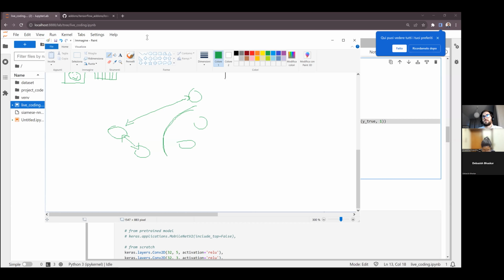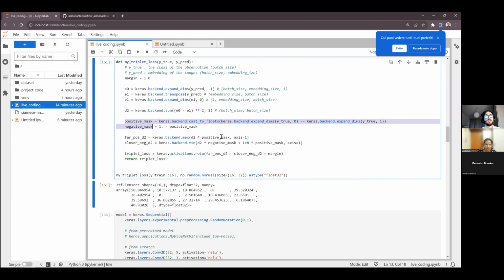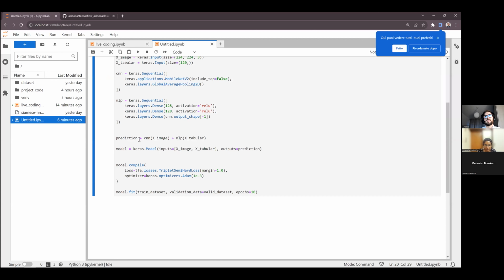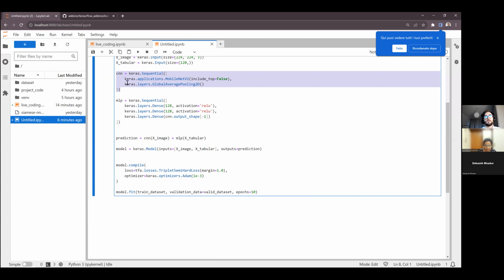In our case, it was something like a decision tree, to get the similarity of the items and to add more tabular data. We simply trained the CNN with the Siamese neural network and the triplet loss, and then we used the embedding in a tree, concatenating the tabular data.